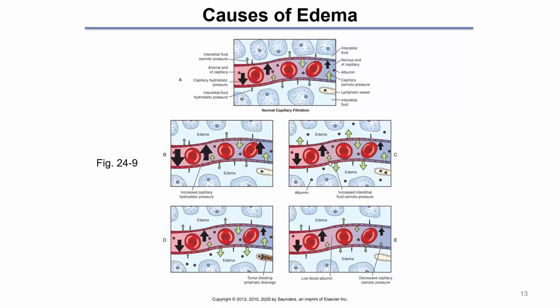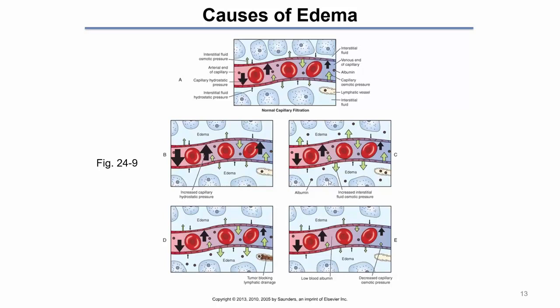Well, that can occur when the capillaries become leaky. And when do the capillaries become leaky? During states of inflammation, increased capillary permeability. So when you have increased capillary permeability, now you have proteins leaking out of the capillary. As a result, you have an increase in interstitial osmotic pressure, and more fluid will be pulled out of the